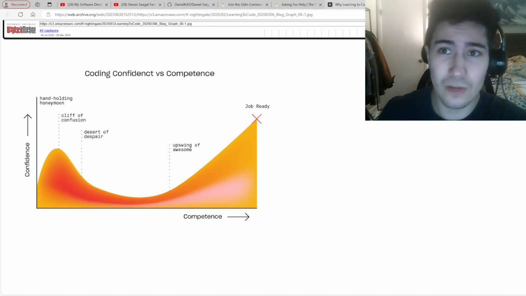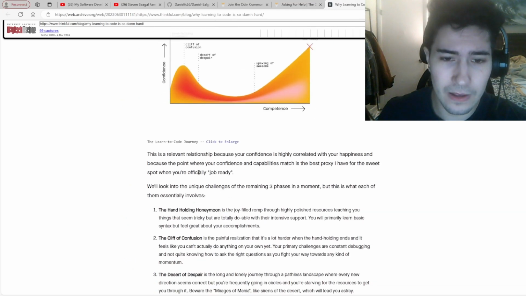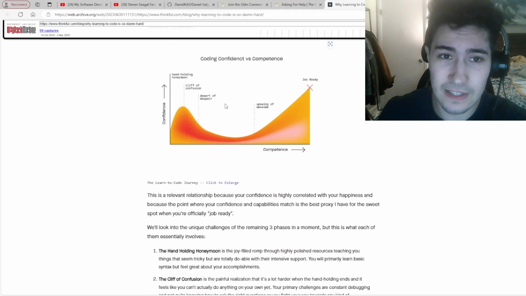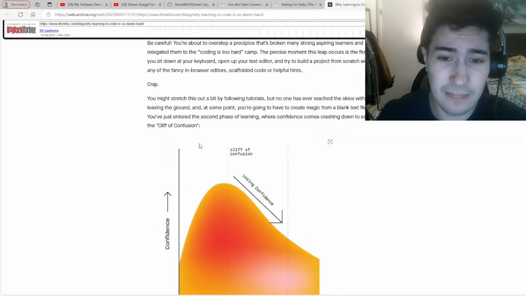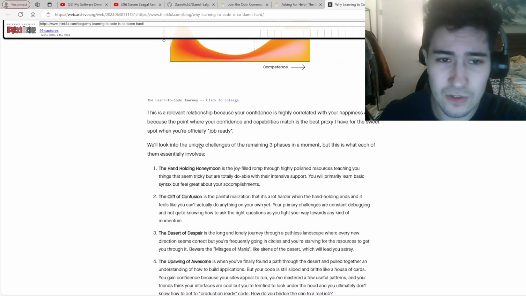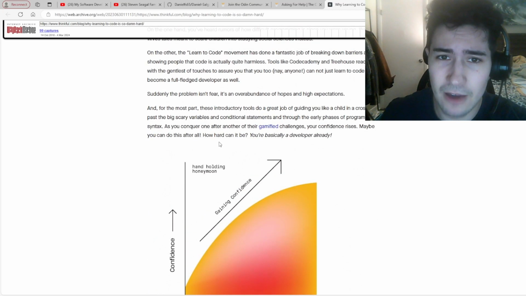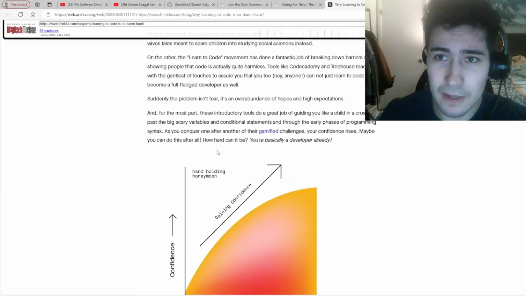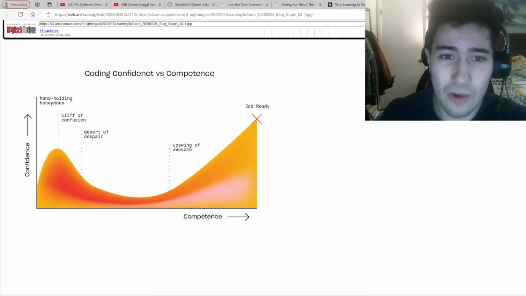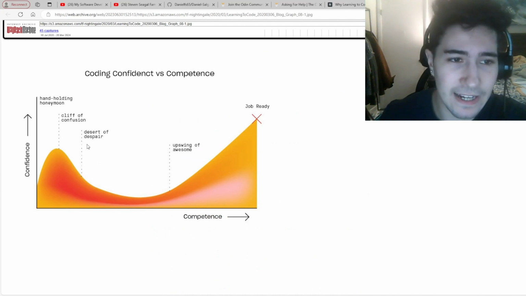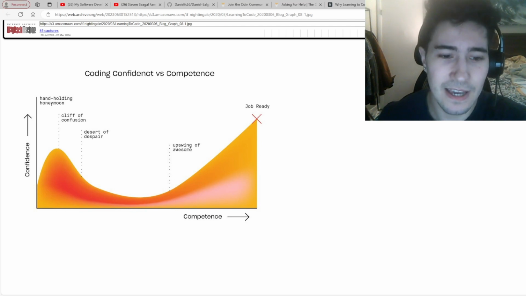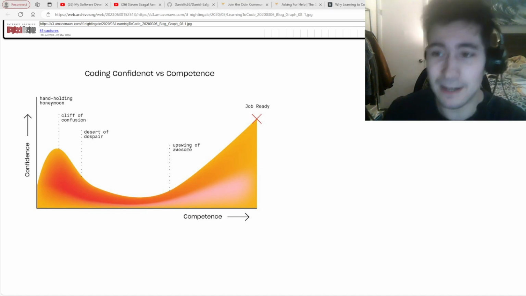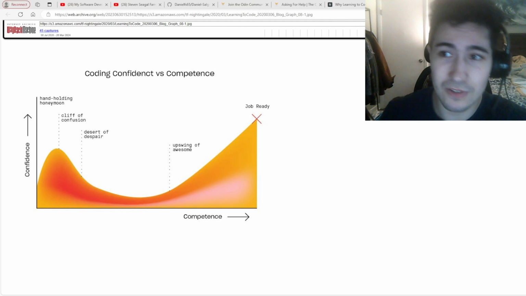And from what it says over here about what to do once you hit that desert of despair, you're supposed to just write it out, stay focused, keep coding, keep doing projects, and keep looking up how to resolve whatever problem you run into. But the number one issue is that I won't have any direct guidance once I hit that desert of despair. It's really just up to me to keep going until eventually I pull it back up and start actually being able to do things.